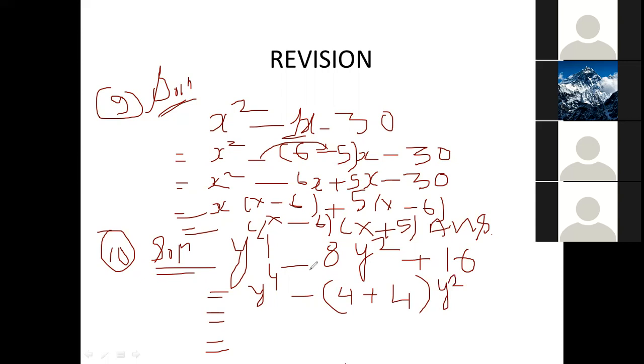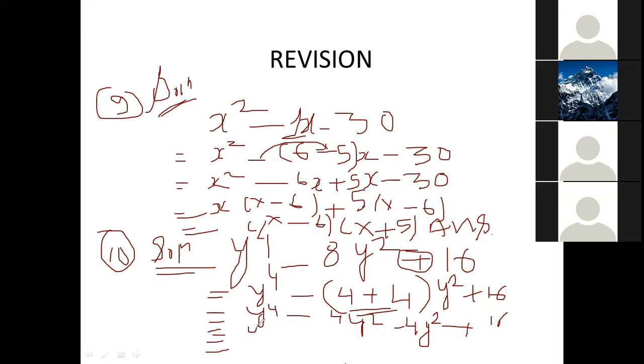Okay, because look here. Because this is minus, look at this minus, this plus, then here will be plus sign over. This one 4 plus 4. And plus 16 here. Okay, remove the bracket. Y power 4 minus, what will be here? 4y square. Here also minus 4y square, open the bracket. And plus 16. Hello children, have you understood?